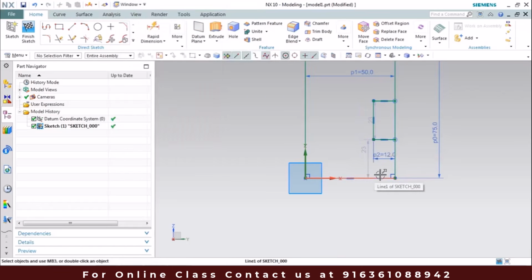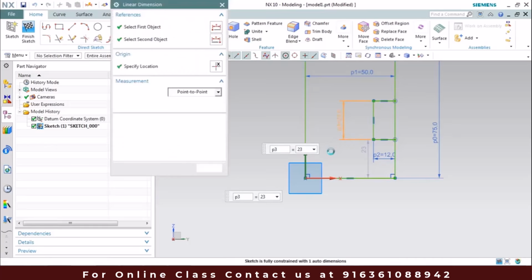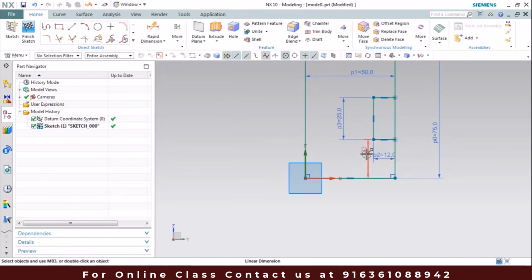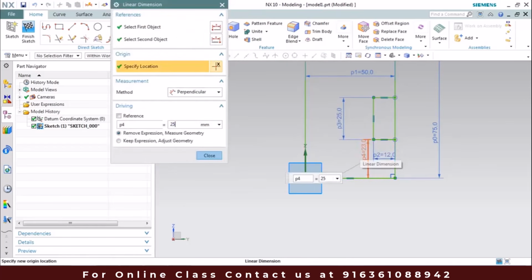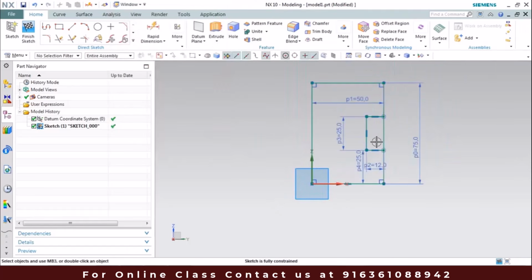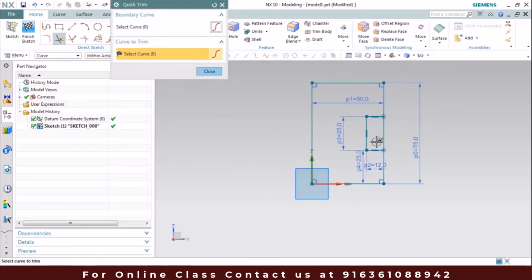And now we have this dimension as 25. And from the base it is again 25. So let's give this as 25. Click OK. And there is an extra line here. We just need to trim it. So select T for trimming. And just select this, and it will